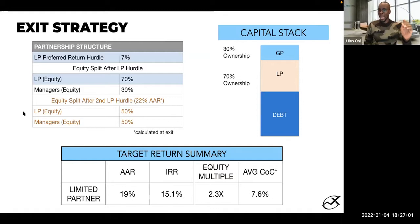And the equity split after that is, after you've gotten your 7%, then we split any extra cash flow 70-30. And if at some point we get you an average annual return of 22% per year on your equity invested, the equity split then goes down to 50-50. This is a pretty standard waterfall in the industry. This aligns us with you in the sense that if we are able to give you at least 22% average annual returns, we should be rewarded a little better for being such great